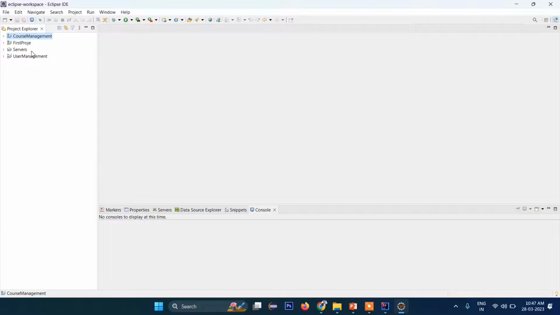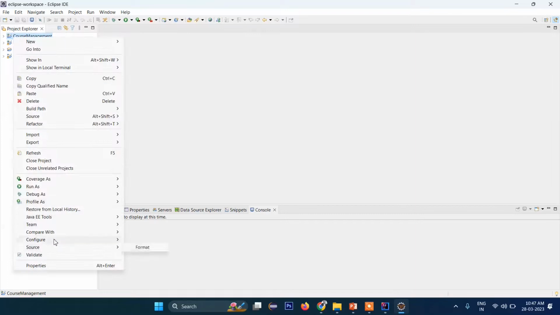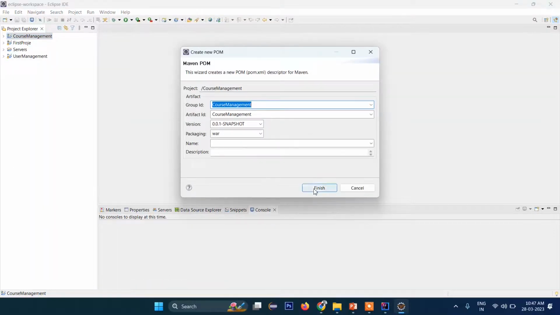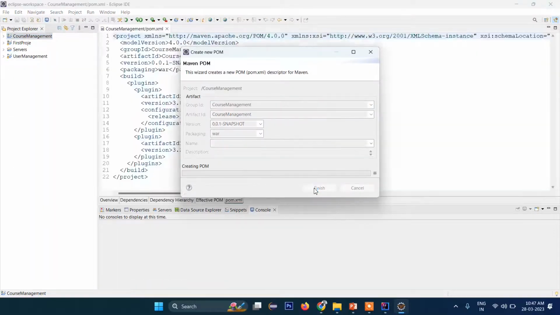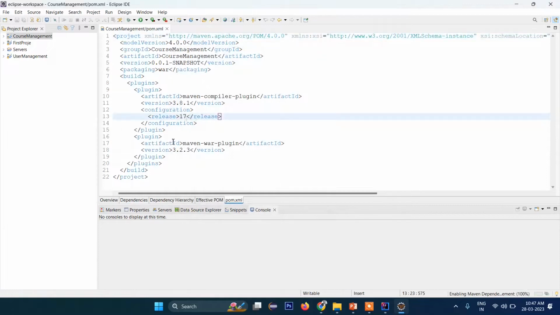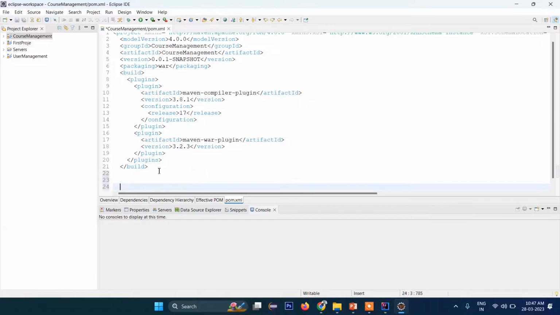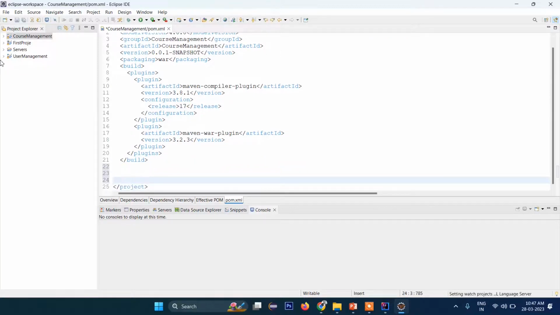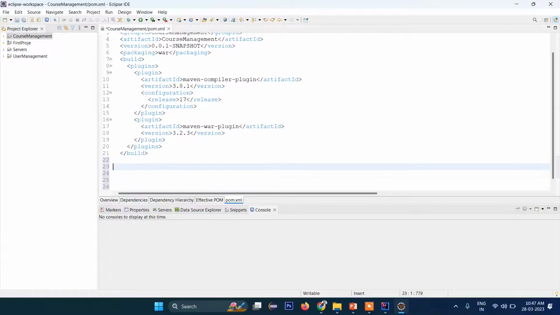So we have created this project, and now the next step: right click on this, then go to configure and click on convert to Maven project. Actually, we are going to convert this to a Maven project so that all the dependencies we write here will be downloaded directly and kept in its library folder. We don't have to download them manually. So that's why we will be using this Maven project. So first thing we need to do,